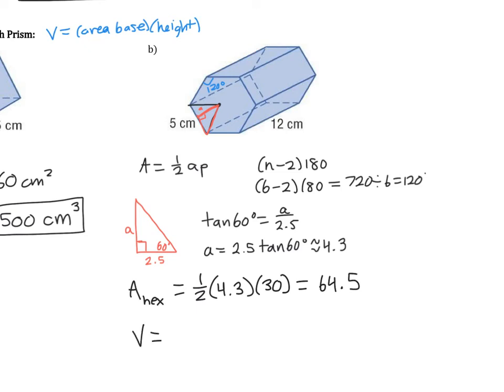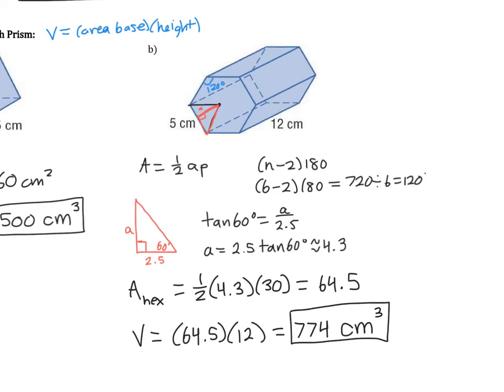So the volume is going to be the area of the base, 64.5, times the height, which is 12. And that gives us a total volume of 774 centimeters cubed. So again, if you need a refresher of how to find the area of any regular polygon like this hexagon, make sure to go back and